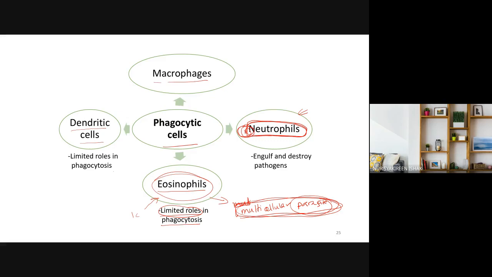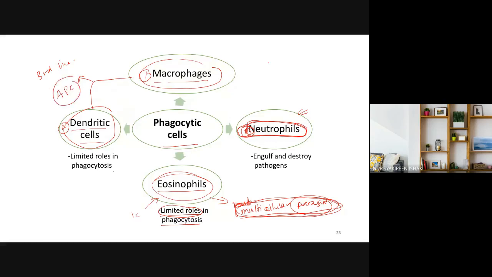And the other one is macrophage. For these two cells, macrophage and also dendritic cell, once it engulfs a certain pathogen, it will activate. It will be involved in the third line defense. Okay, it will activate the third line defense or the acquired immunity, because when these two cells, macrophage and also dendritic cells, engulf the pathogen, it will become a cell we call APC, antigen presenting